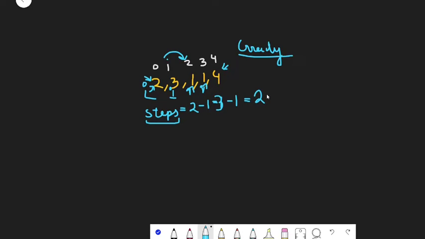Now we are going to decrement it by 1, and hence we are left with 1. Now what is the maximum between 1 and 1? It is 1. Okay, no problem. Now again we are going to increment it by 1. Again we are going to increment our I by 1.